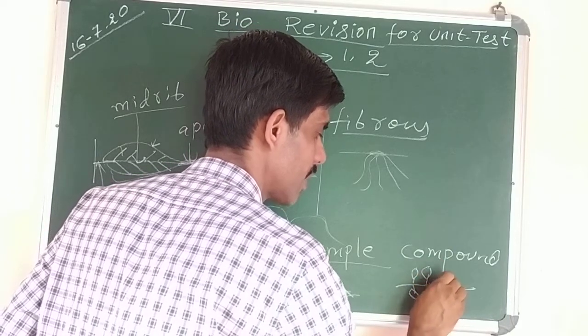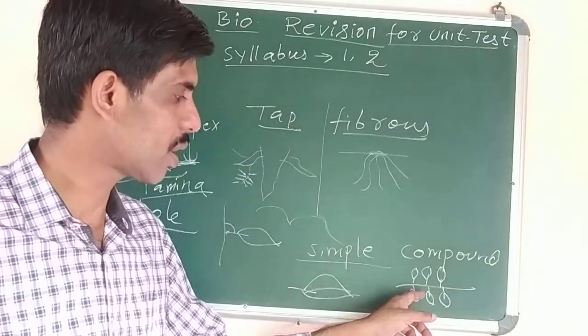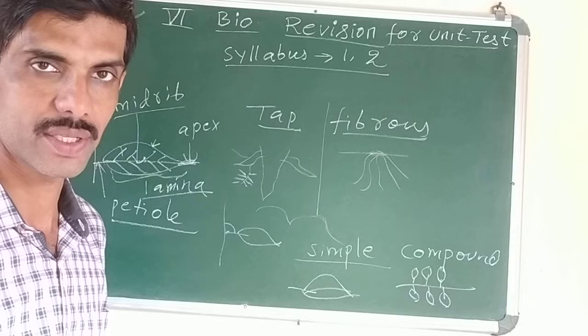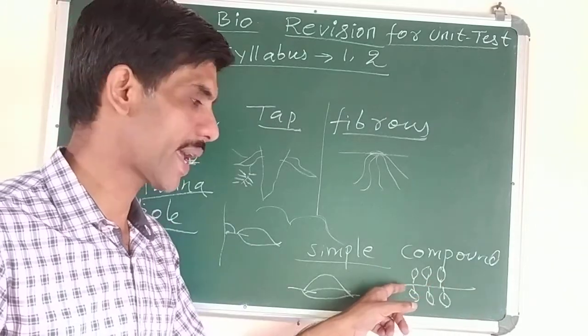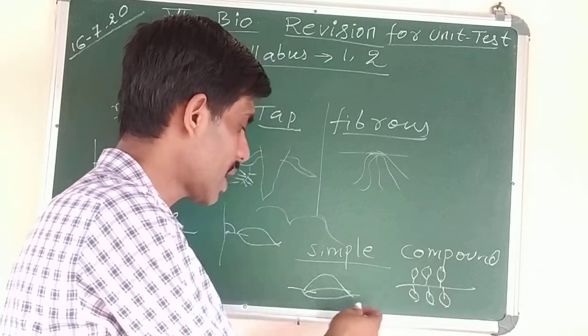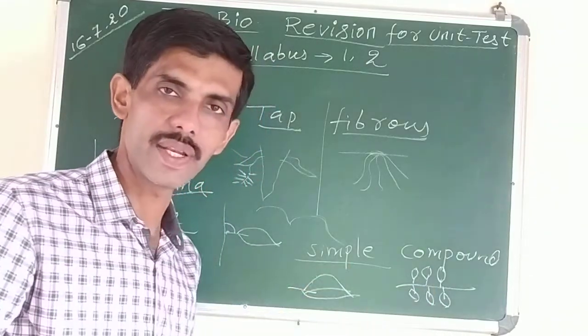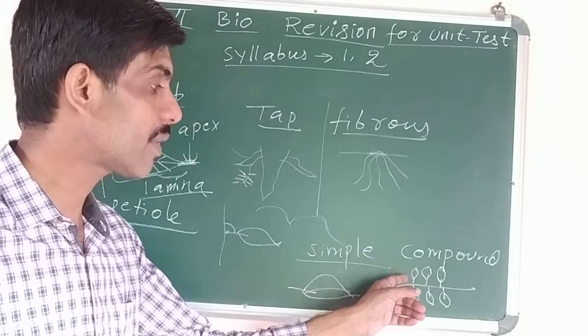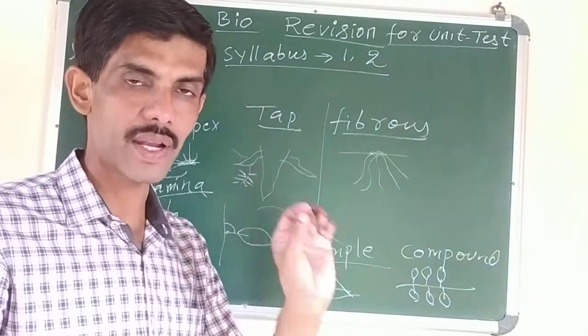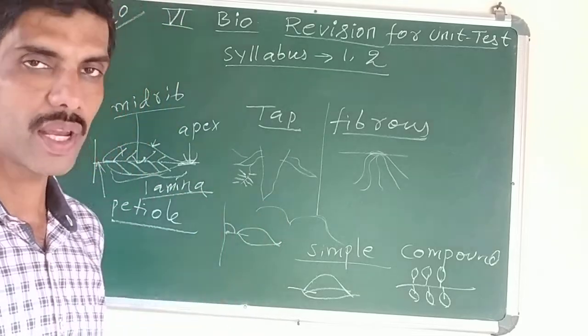This is a compound leaf. As you can see in the neem plant also, a compound leaf has many small leaves. They are known as leaflets. And this middle one is called rachis, R-A-C-H-I-S. Actually, it was one simple leaf only, but the lamina was cut into many small leaflets. By the division of lamina, the entire leaf margin was cut into smaller leaflets.